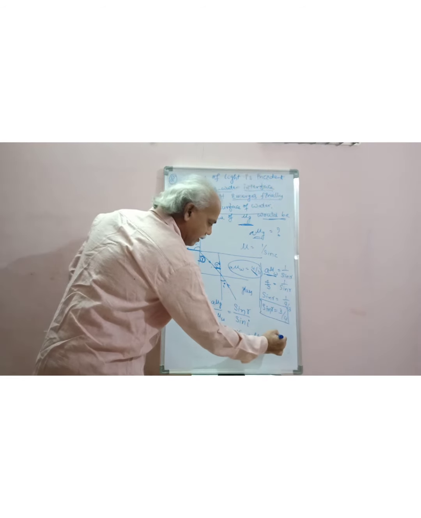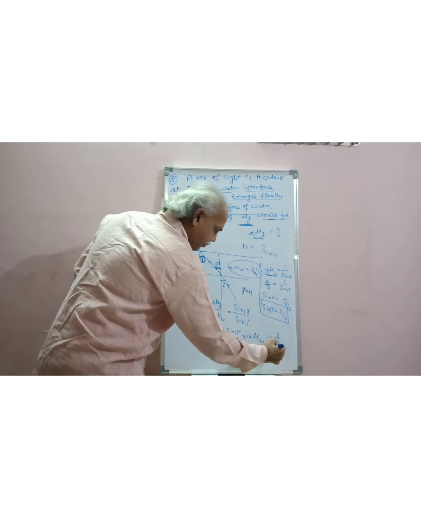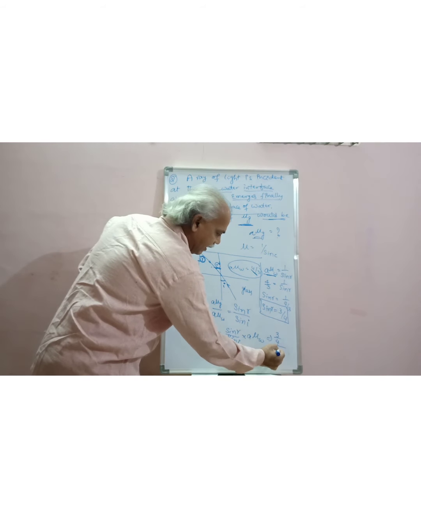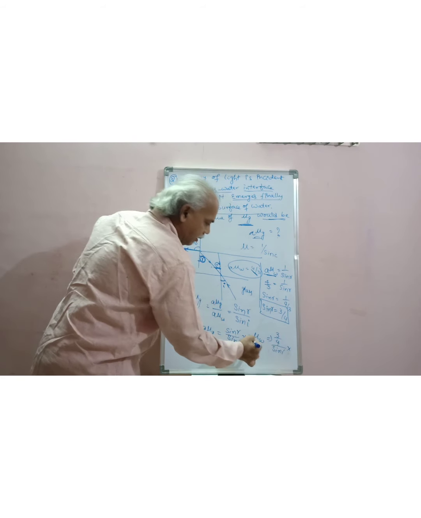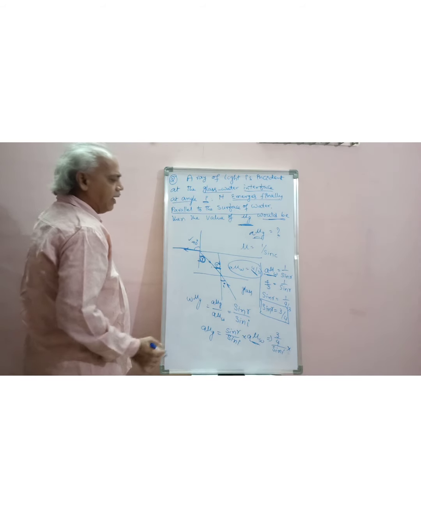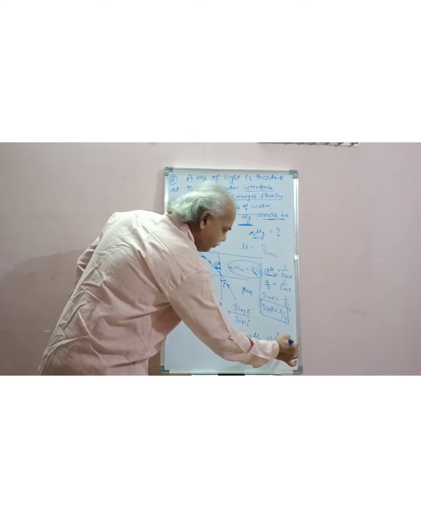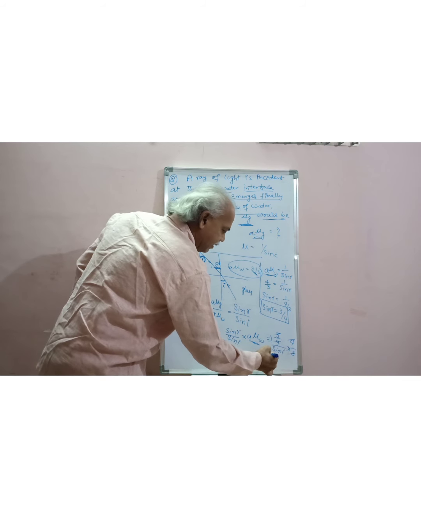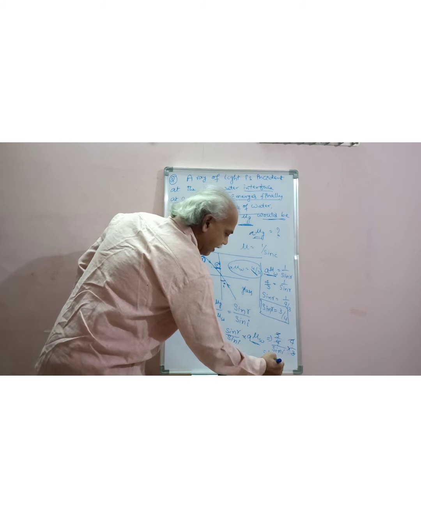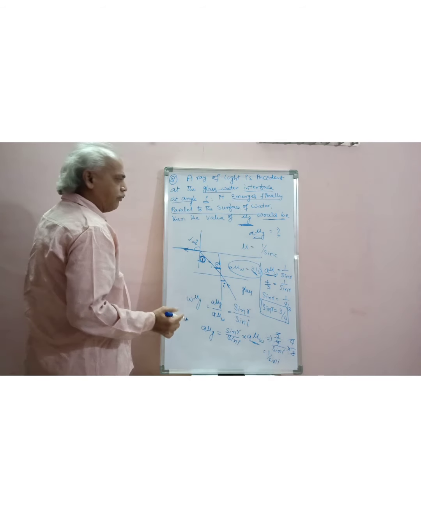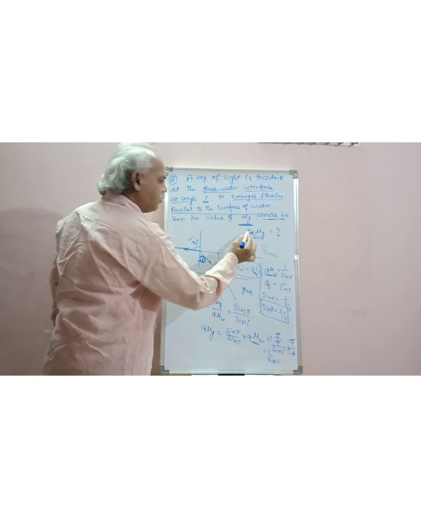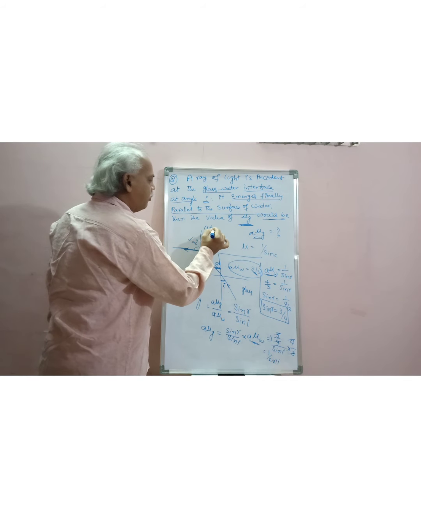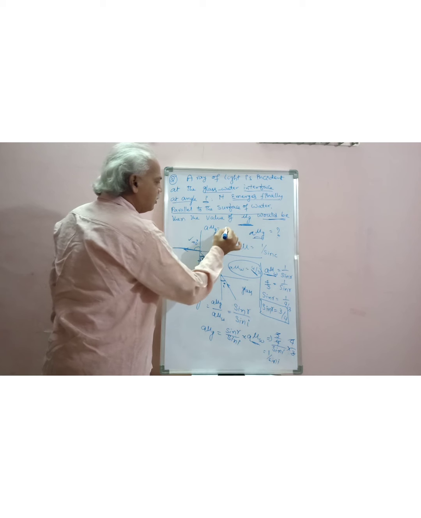That implies 3 by 4 by sin i, into A mu w. What is A mu w? 4 by 3. So 3 3 cancel, 4 4 cancel, that is equal to 1 by sin i. So the refractive index of glass with respect to air is 1 by sin i. A mu g is equal to 1 by sin i.